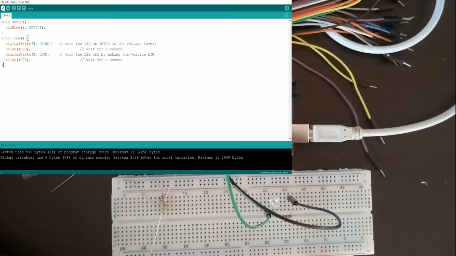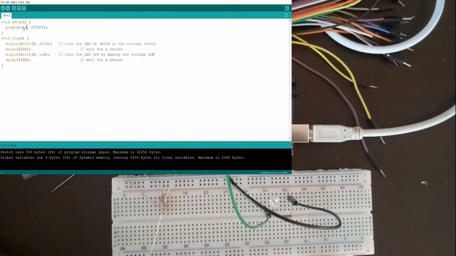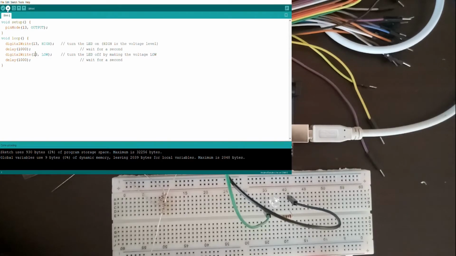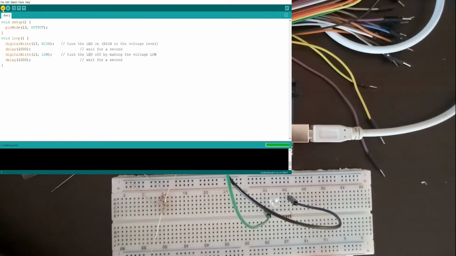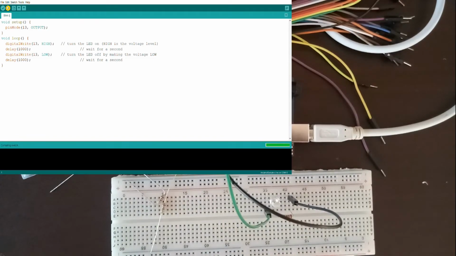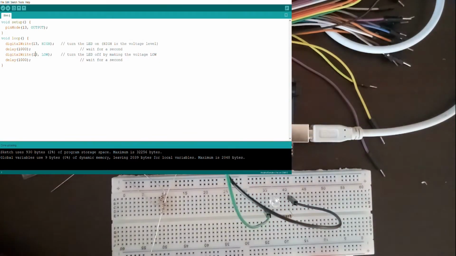You have to verify it first. I just changed the pin mode from that to 13. Okay. So at first we just verify it. Okay, this code is right, and just upload it. I think this is working. And always remember to go to your Tools,